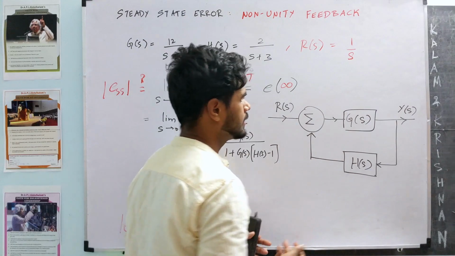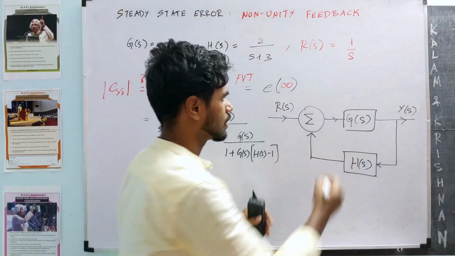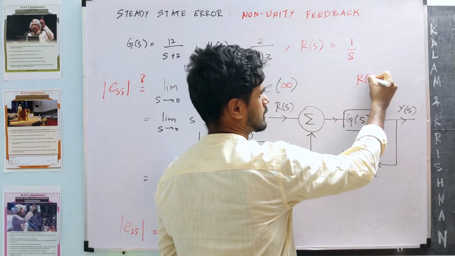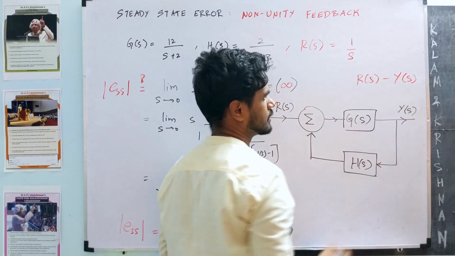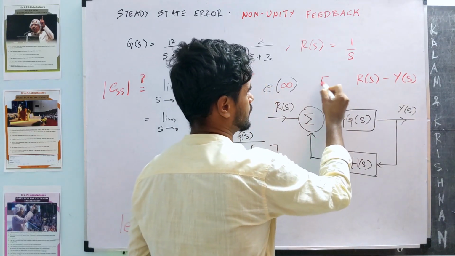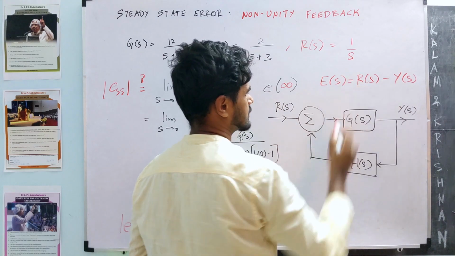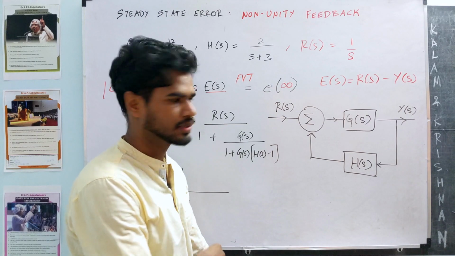Error is ideally the input minus the output, or essentially the reference R of s minus the output that we actually get. This is supposed to be the error, and so E of s is this. We notice